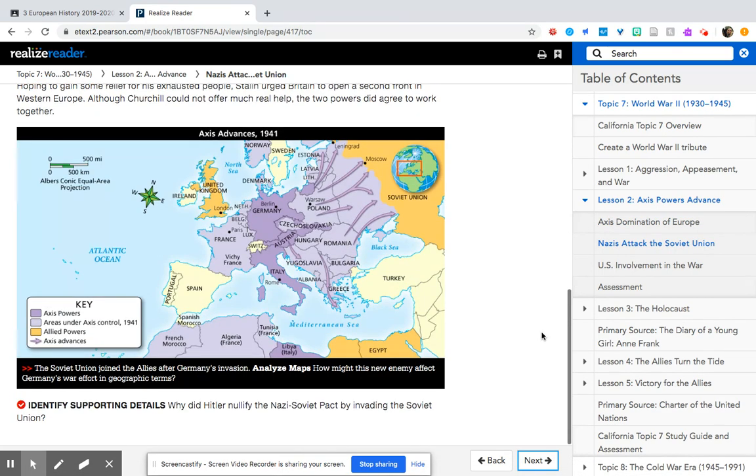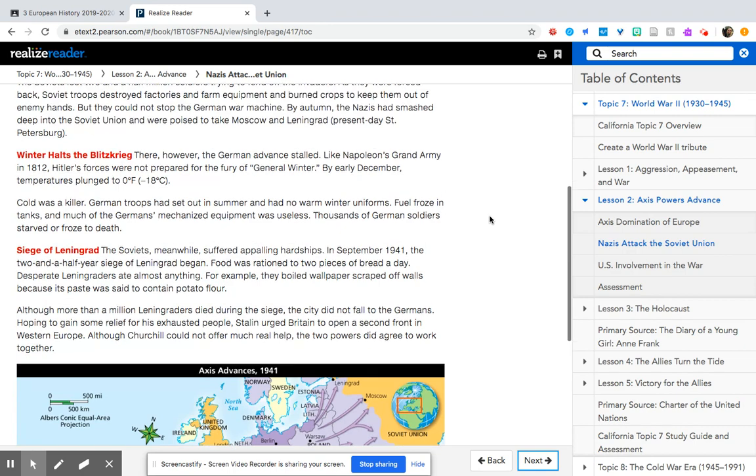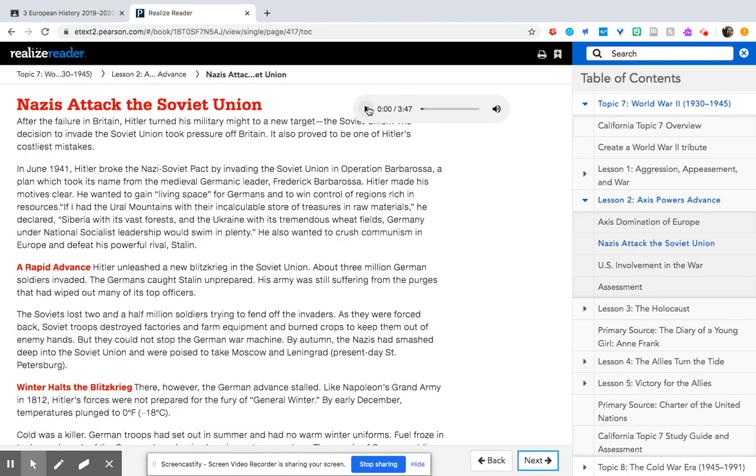And real quick, let's scroll down and take a look at the map I mentioned would show up on this page. So advance just within a few years to 1941 and see the drastic change of Axis power and its control. So it went from Austria and starting to militarize on new territory that they weren't supposed to, to controlling most of Europe. So huge change. Let's see what happens next.